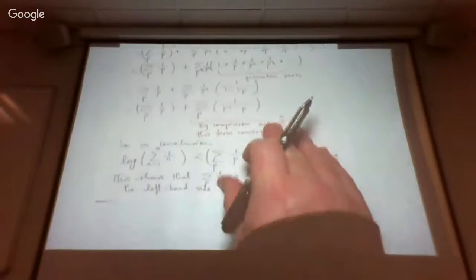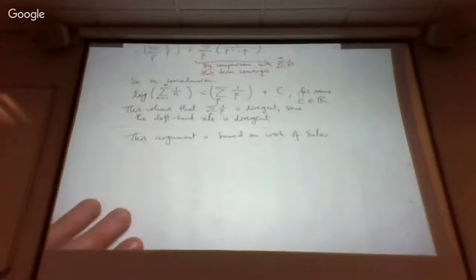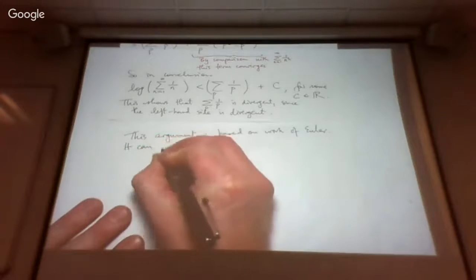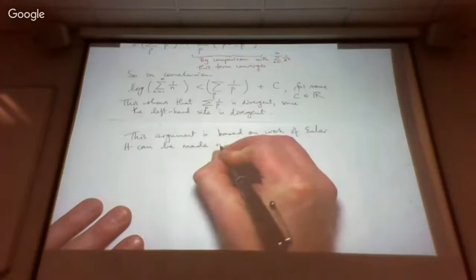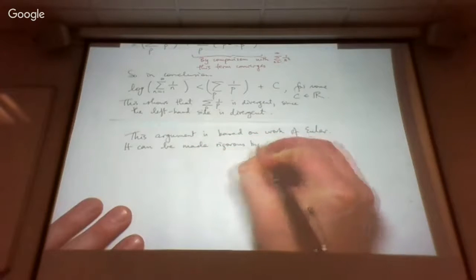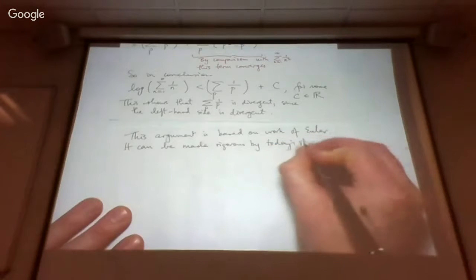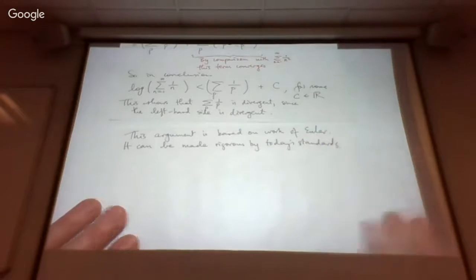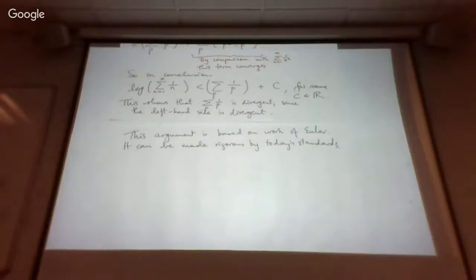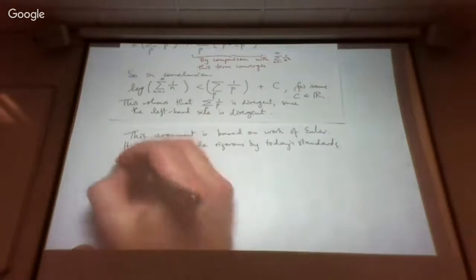So what was I writing? This argument is based on work of Euler. It can be made rigorous by today's standards. The way that is done is, rather than talking about taking the logarithm of a divergent infinite series, you rephrase everything in terms of the behavior of partial sums and talking about the long-term behavior or the divergence of the sequence of partial sums, and so on. So you can fix it all up and make it more rigorous. But it shows